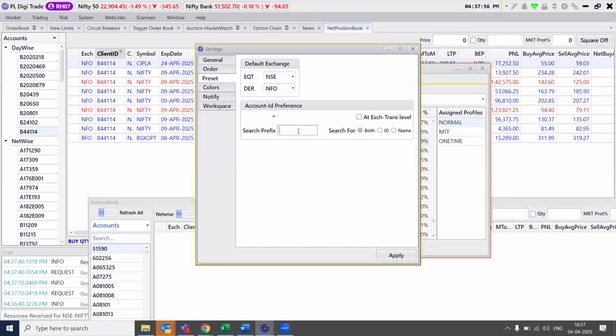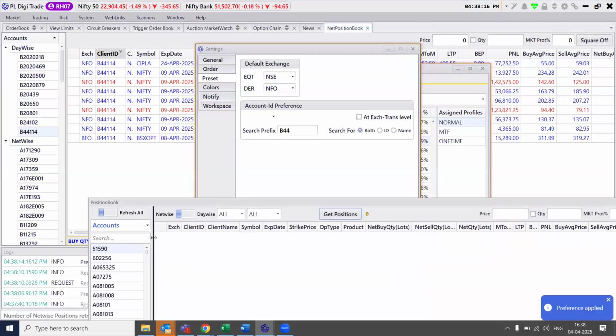If I prefix, say, for example, E01, B44, I say B44 and I apply. So I can prefix it for ID and name. We need to prefix at ID level. Whenever I do it, this is applied, so whenever I place an order,